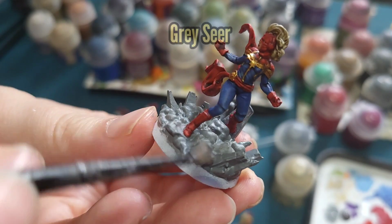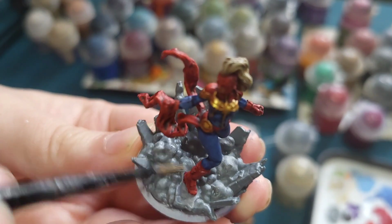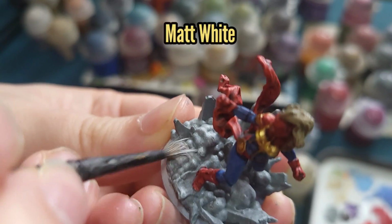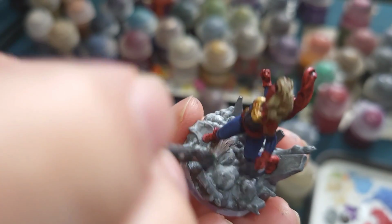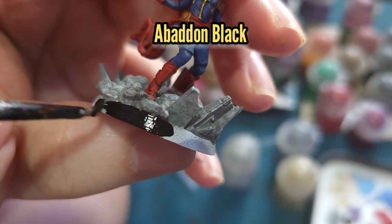I'll then use Grey Seer to dry brush the rocks as well as the base that Hero Marvel is standing on. I'll then use some matte white to dry brush a little bit extra on the smoky areas on the Hero version's base. I'll paint the rims with Abaddon Black,